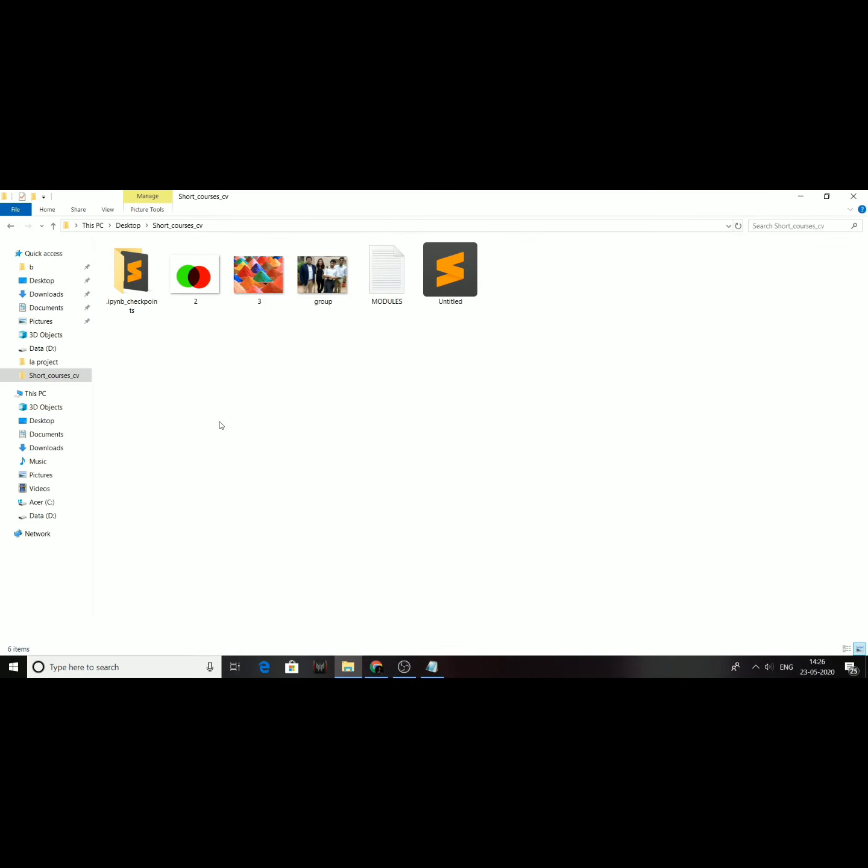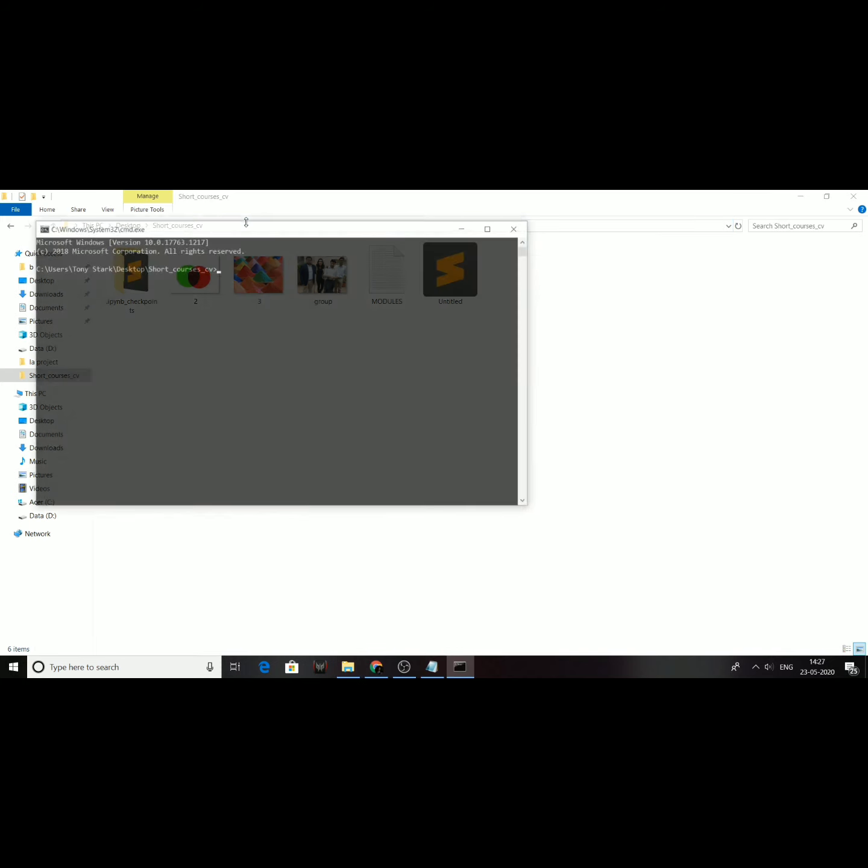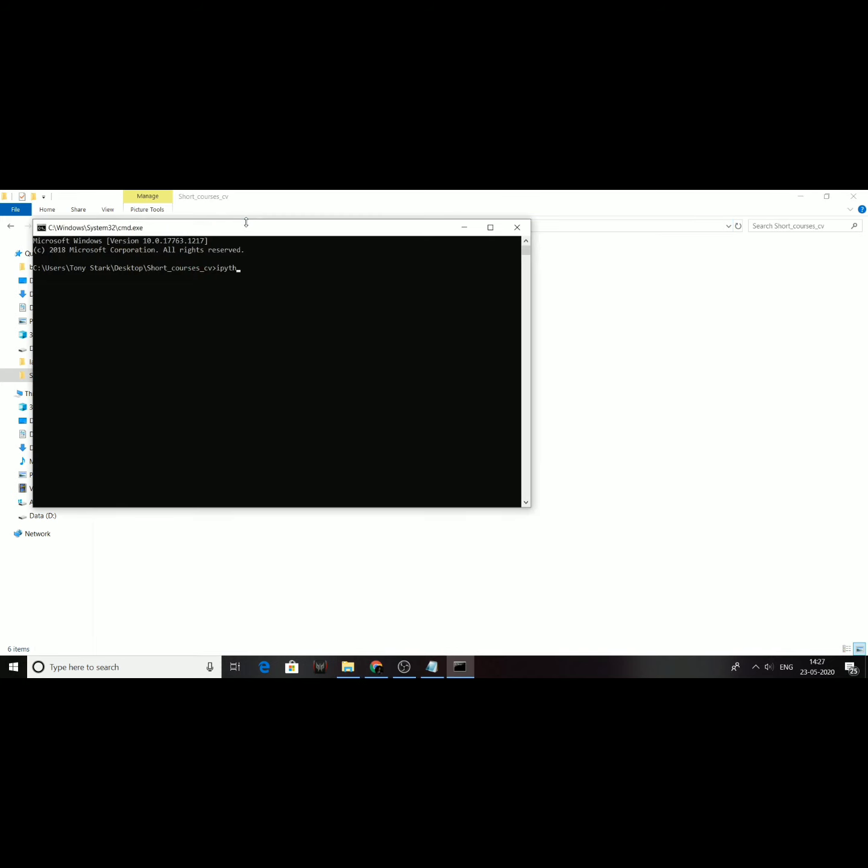These are the resources which we'll be using in today's program, and I'll upload all these things in a drive and give you the link. I will also give the link of this IPython notebook so that you can refer to it. Now let's get started. Opening command prompt. Opening the Jupyter notebook.